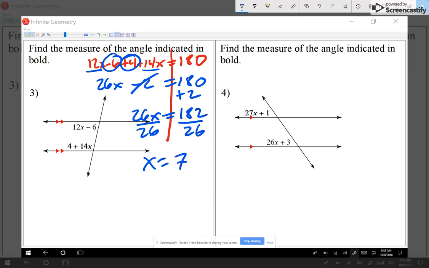Now here my question is not what's the value of x. The question is what's the value of the angle